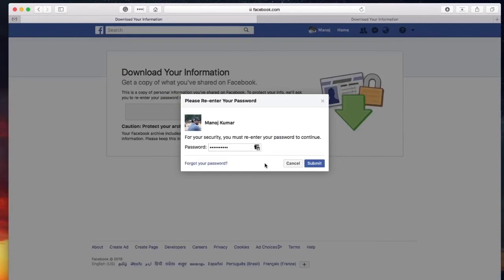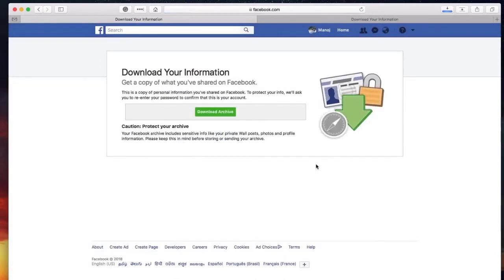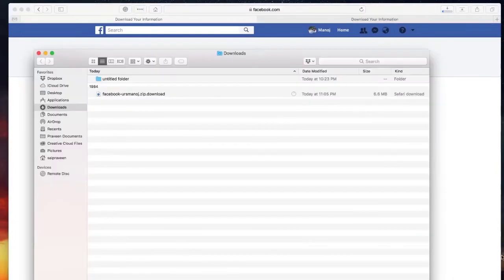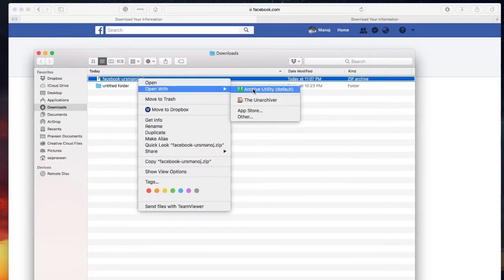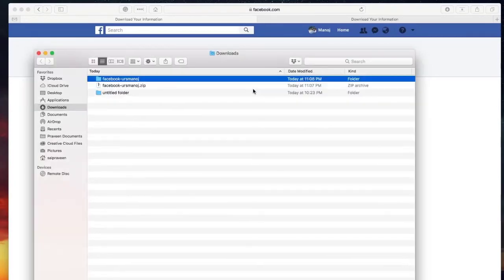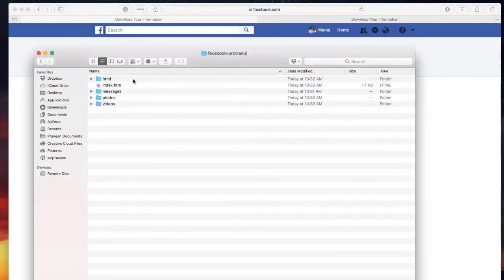Click on the link that Facebook sent to your email address to download the data to your local hard drive and click on Download Archive. You will be asked to enter the account password to authenticate the download process. Depending on the data you shared on the Facebook, the size of the file may differ. Like if you shared a lot of pictures and videos, your archive size may be around few gigs.